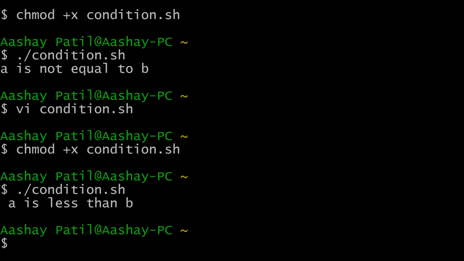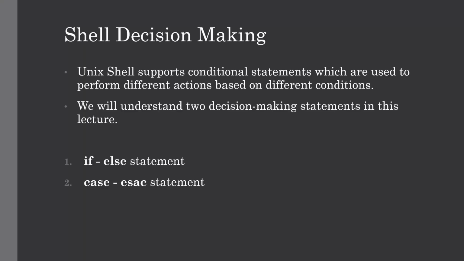It is very obvious. So I hope you got a clear idea what decision making in shell scripting is, where we have discussed the if else statement and their different types such as if statement, if else statement and elif statement with some simple examples. In the next lecture, we will see our second decision making type, which is the case statement.